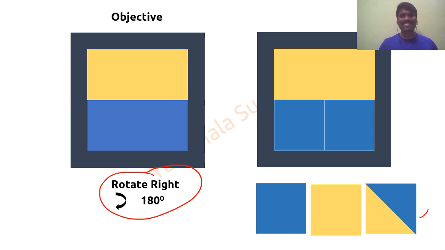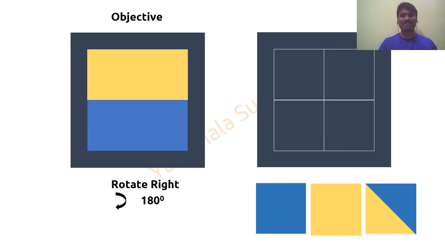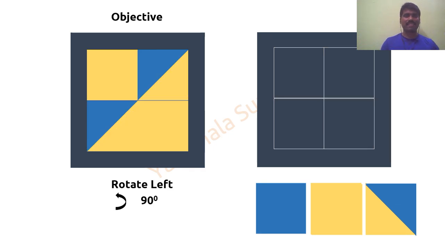Sir, I am very much interested to solve these kind of problems, sir. Seriously, this is the basic one. Okay, let me take you to next level. The next one is like this. Now if you can observe carefully, the third square, so half of the square is colored with one color and the remaining is another color. Now here also another square. So definitely I have to use the third one only, isn't it?